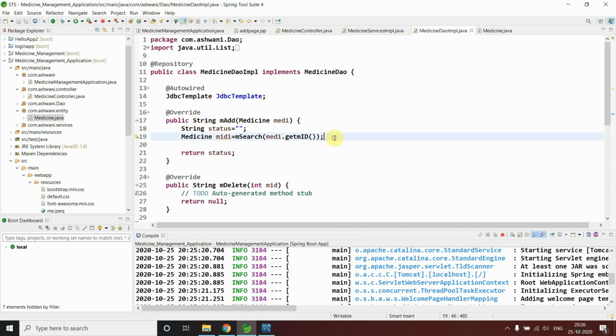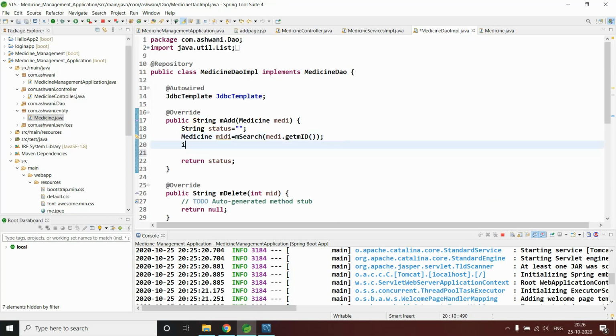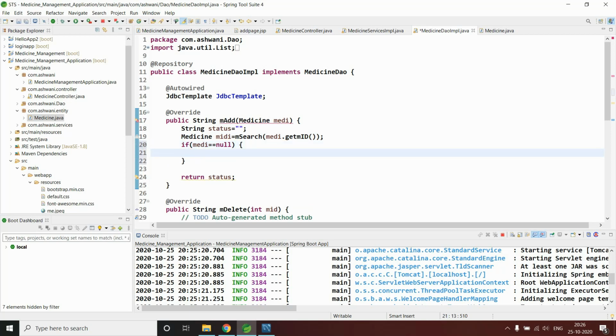Now I will check here if my MADI is equal to null, like nothing inside this, so I can add something else.